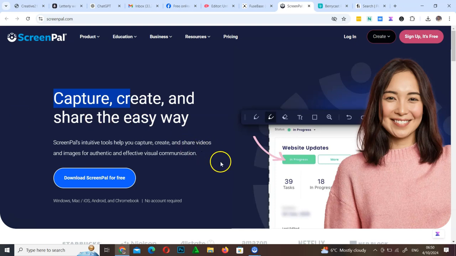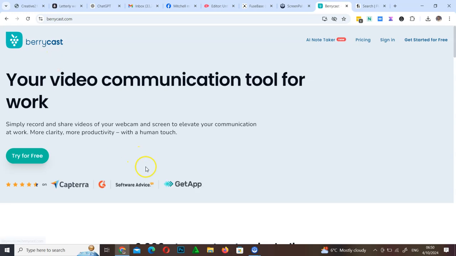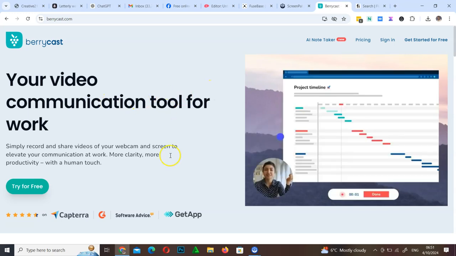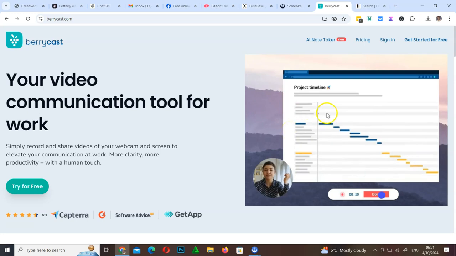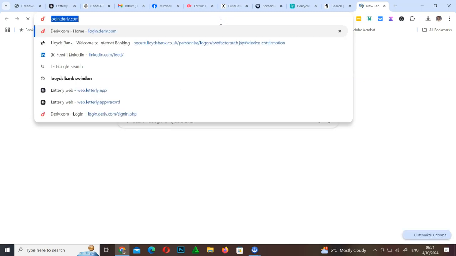What do I do? And then ScreenPal, it's actually free to create an account. The paid version also allows you to do more edits and cover some of the areas that you want to cover. The other platform that I use for screen recording is called Berrycast. I use this as well to record my computer screen as I explain some of the issues that I am facing. Another tool is called Loom